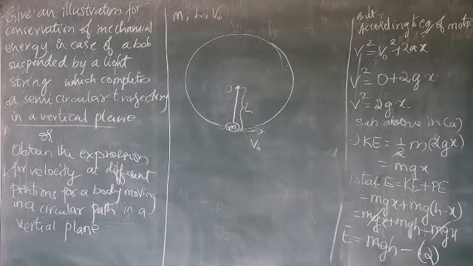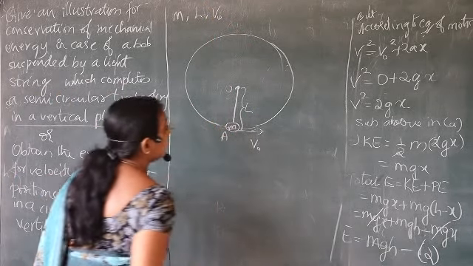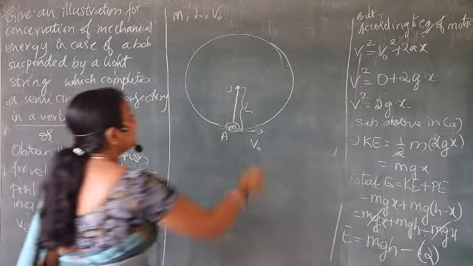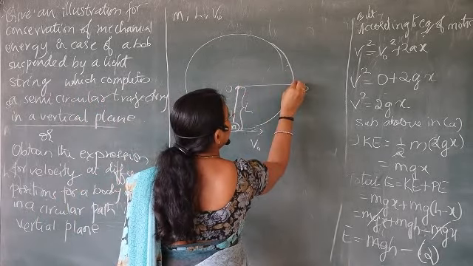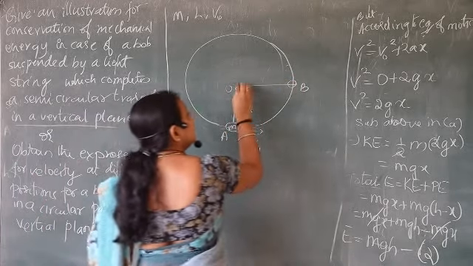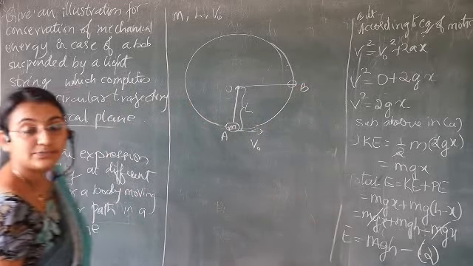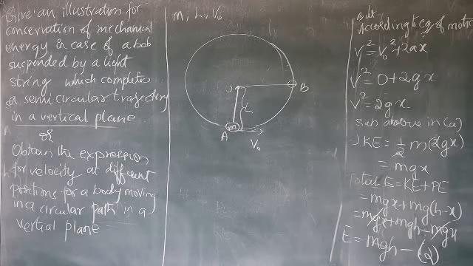When it starts moving, let us consider this as the lowest point A. When it reaches this point, let it be B. When the bob reaches this point B, shall I say length is same? Yes, because it is fixed. Okay, length is the same. Its velocity will be different. Which value will we give for velocity when it reaches that point B?